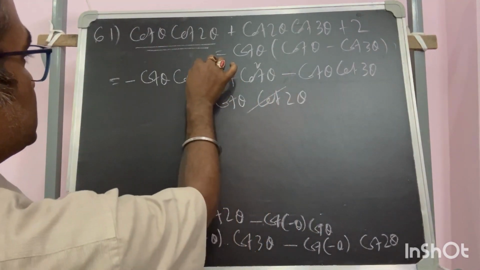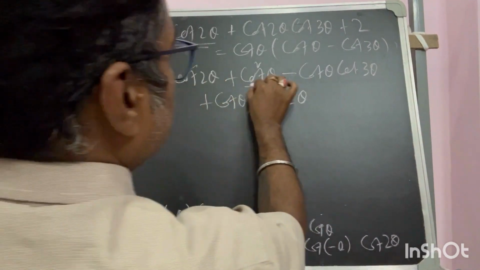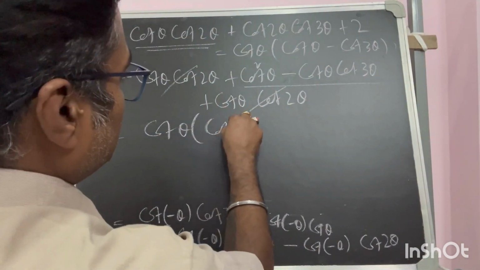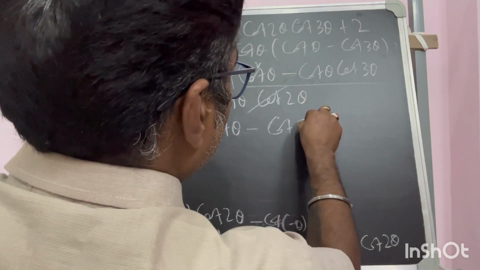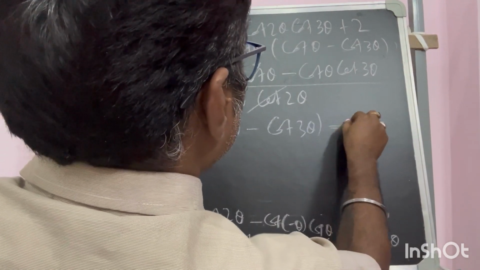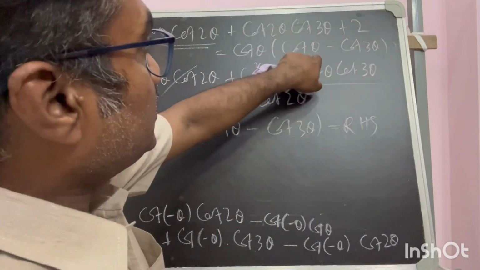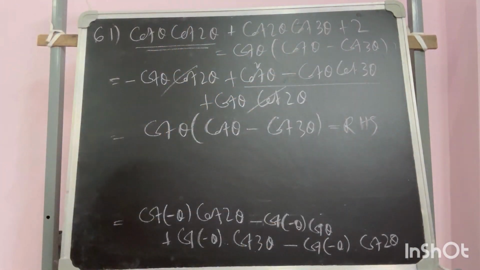Now this is cancelled. Now out of these 2 terms, if I take cot common, it will become cot theta minus cot of 3 theta. That is your right hand side, that needs to be proved. So that is being proved. Okay,